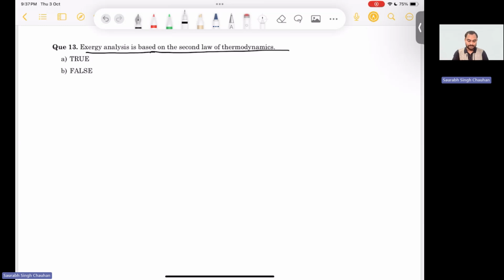It cannot be decreased. Okay, so second law is in the terms of entropy, and exergy is just an extension of that second law. Okay, and for the processes, exergy is usually destroyed, right? So for an isolated system, exergy will always be destroyed. It cannot increase. Okay, so it is based on second law of thermodynamics,